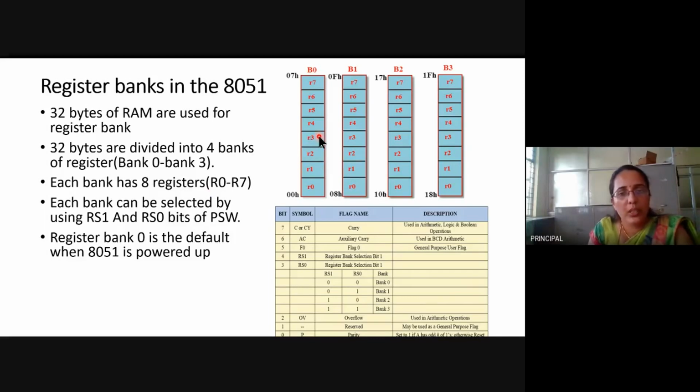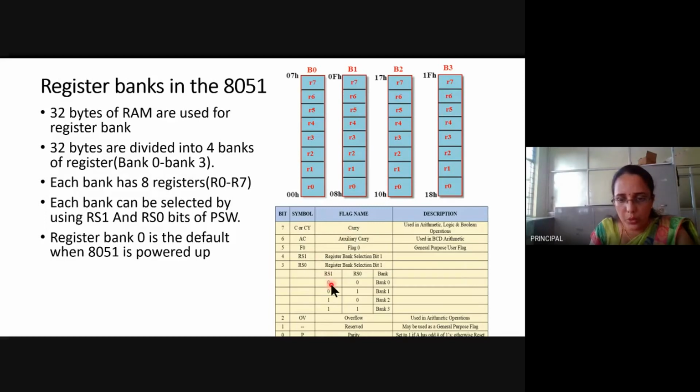And which bank register, for example R3, is used by the processor is decided by the RS1 and RS0 bits of PSW. PSW is nothing but program status word.